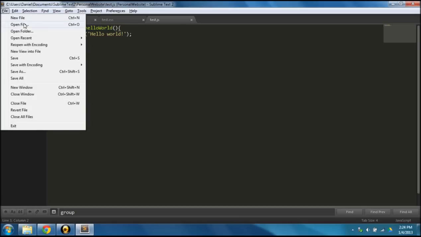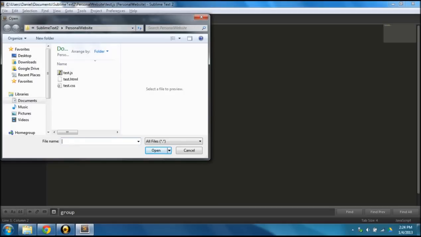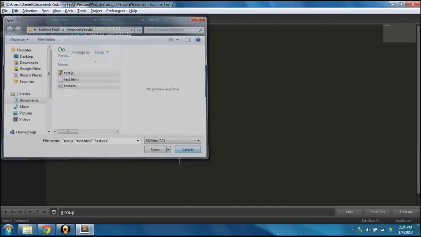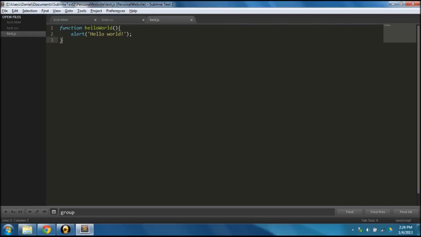So, I'm sure you've all done this before, open file or use Control-O instead, and then you clicked on the files you wanted to open and such. I already have these three open, so I'm not going to be opening them again, but you open the files that you want. If you know the Shift key, you can open all three at once, but still, that takes some time, and if you're working with multiple files across multiple folders, it can be rather slow. So I'm going to show you how to use projects to be able to speed that up and use another functionality that Sublime Text 2 has to be able to switch files very quickly. So, first off,